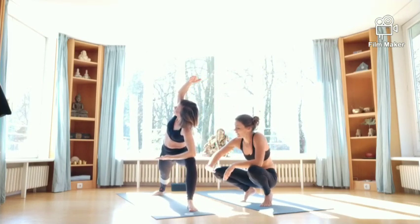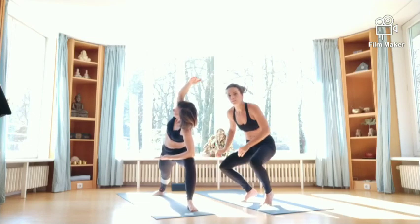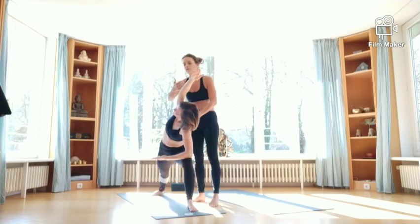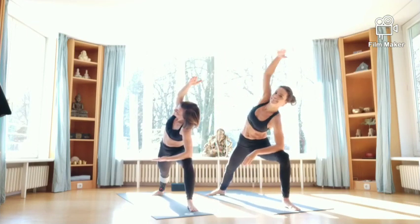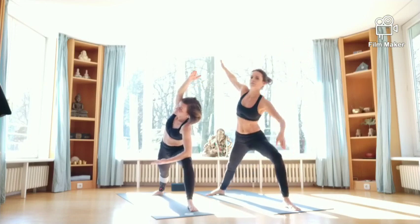Once you want to start bringing your hand onto the floor, you have to be able to really bend forward from your hip. Don't rush it. Because the most important thing is this strong, long, straight line from your heel to your fingertips. Another breath here. Good. And then on the inhale, from your pelvic floor again, coming up, reaching your arms out,